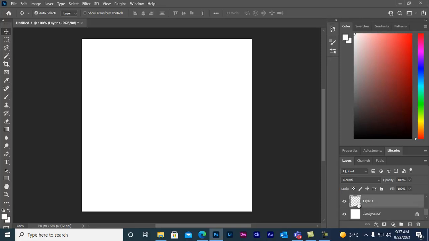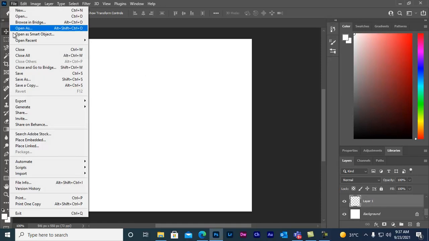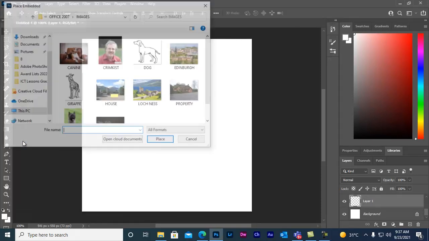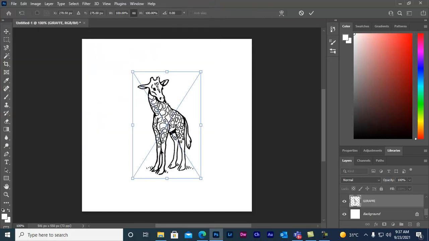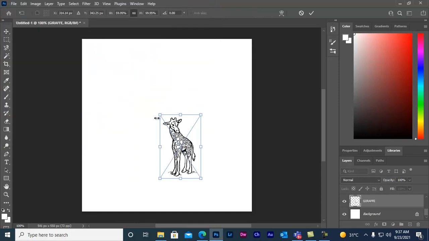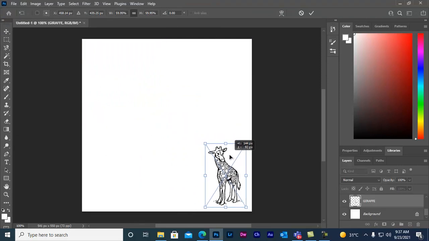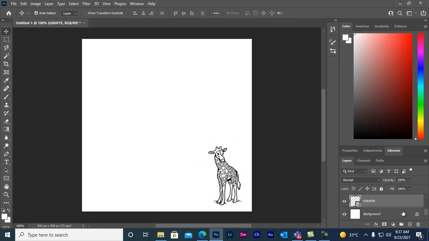Now, how to insert images? Go to File, Place Embedded, and select images, any images you have. I will give you Photoshop images. Right now I am just inserting this image for practice. See, this image is here, so we will just press the Enter key. The layer name will change with the image name.